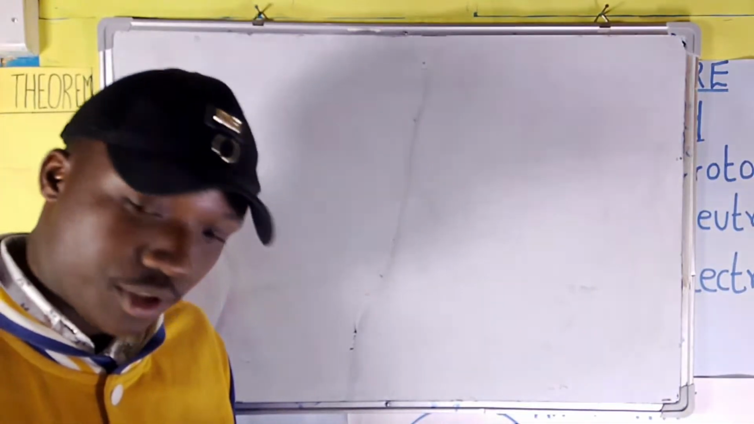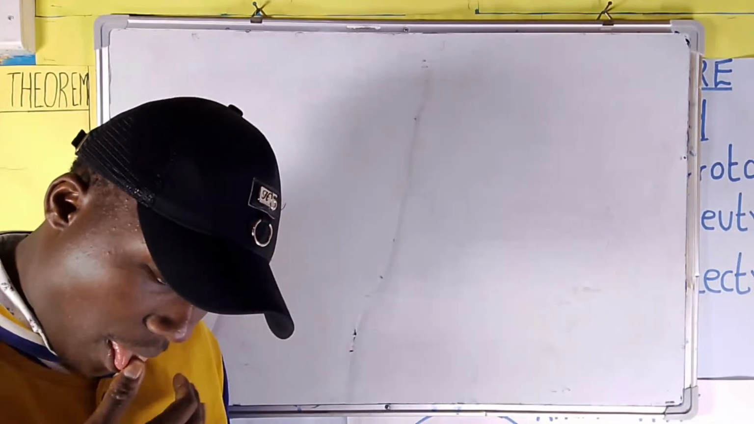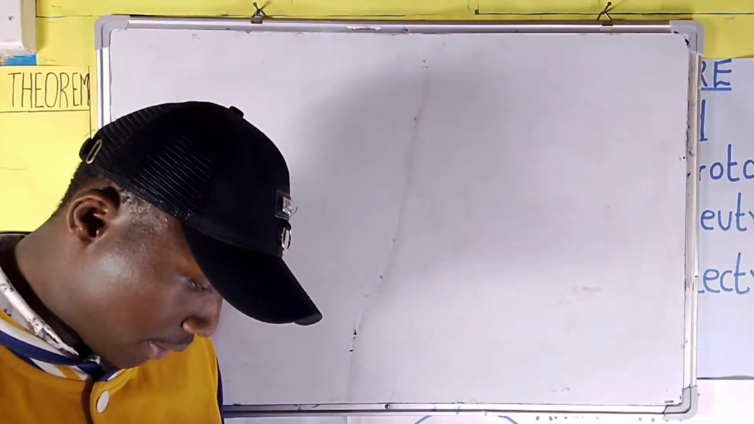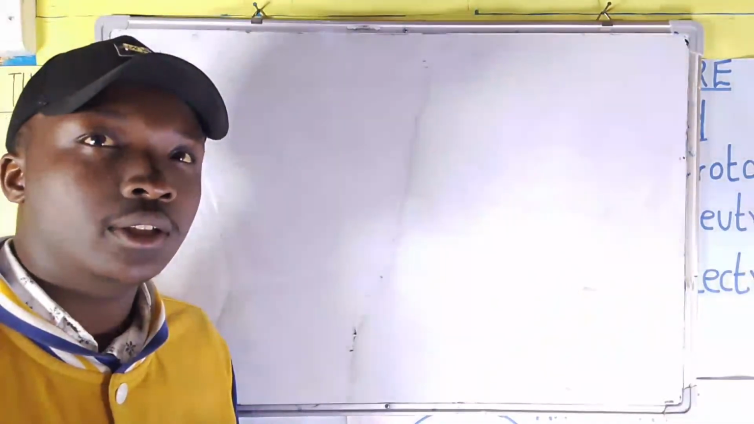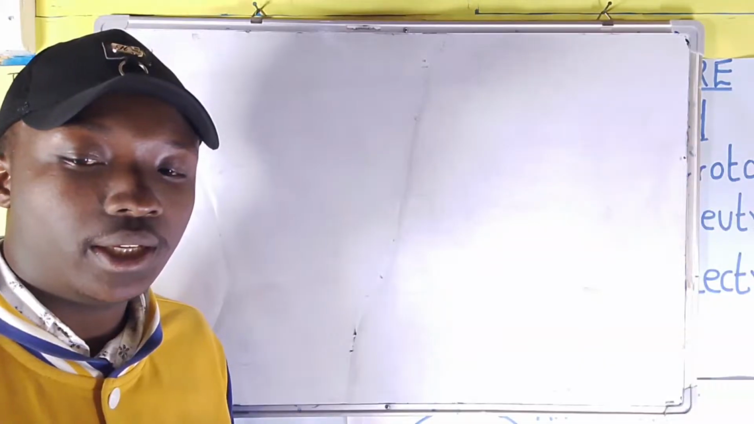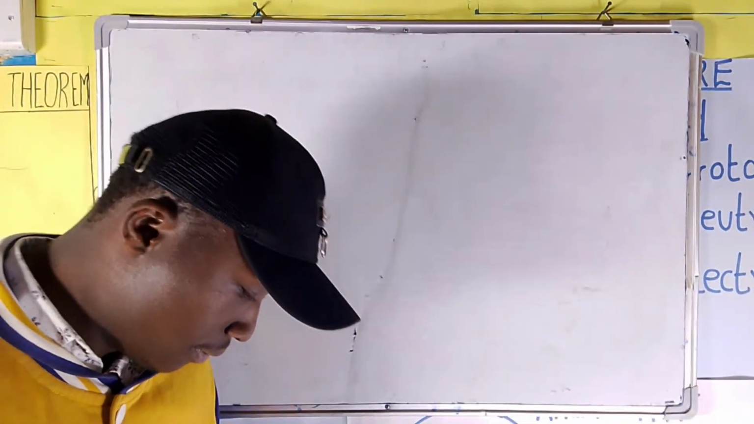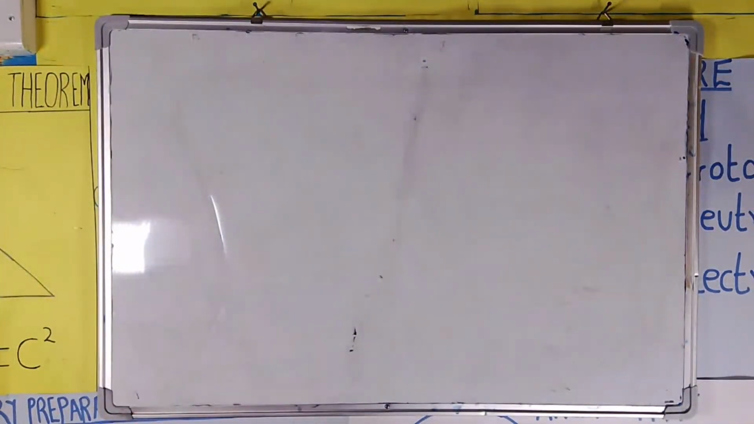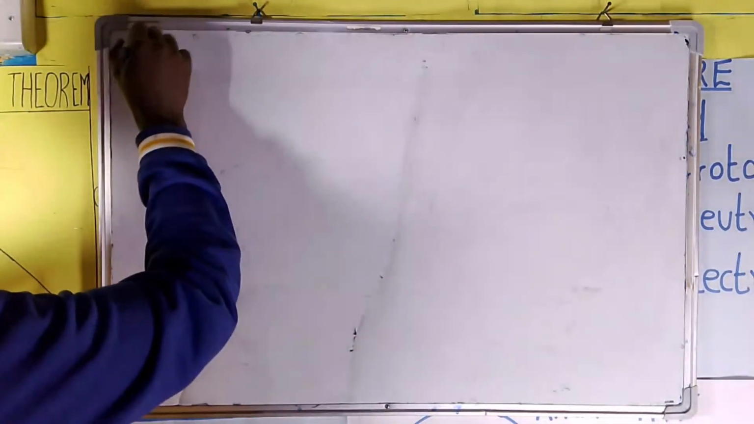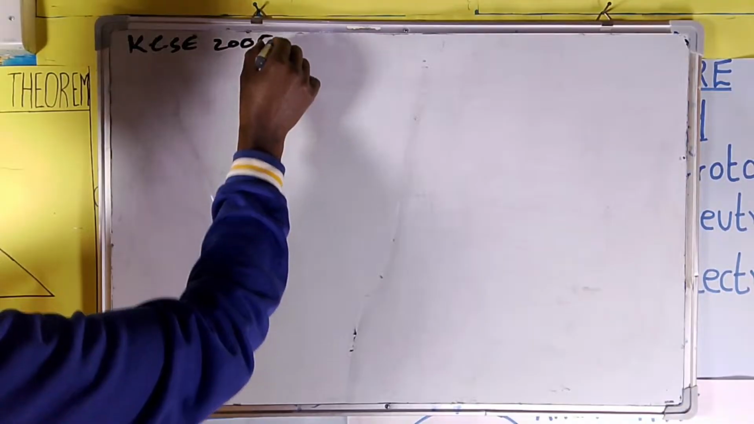Let me get you some questions that have been done in KCSE. You do them, then we proceed to the next thing. The next thing we are on is finding the gradient of a point on a curve. There is a question that was assessed back in the year 2005, and the question reads: